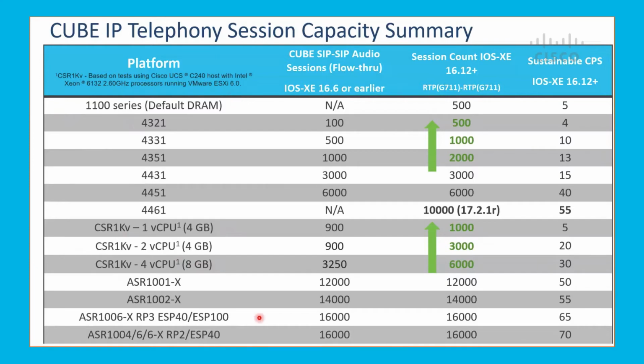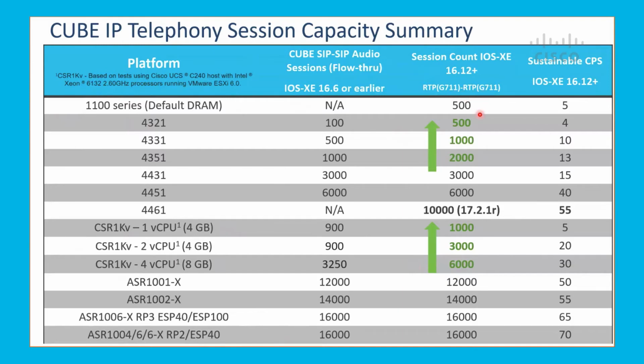So for all these platforms, these were the numbers that we used to publish for IOS XE releases 16.6 or earlier. Starting IOS XE 16.12 or later, you can see for a lot of the platforms, the numbers have changed significantly. Again, remember in this slide deck, what we are showing is basic IP telephony audio calls, which we also like to call basic collab calls. The incoming call leg is RTP, the outgoing call leg is RTP, and both legs are using G711 as the